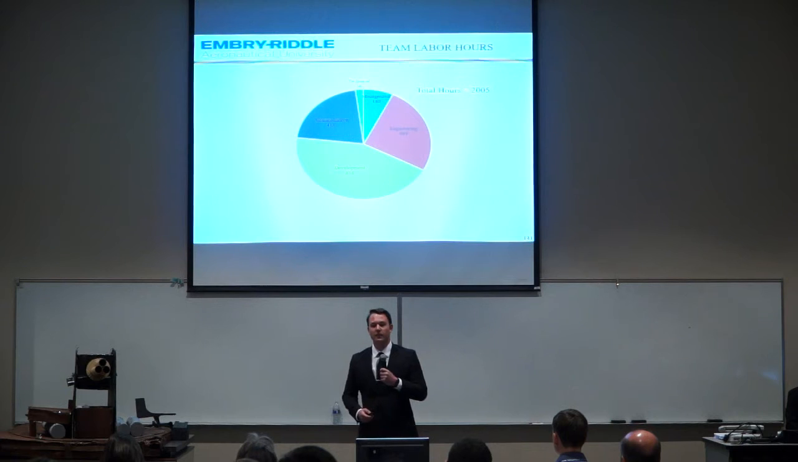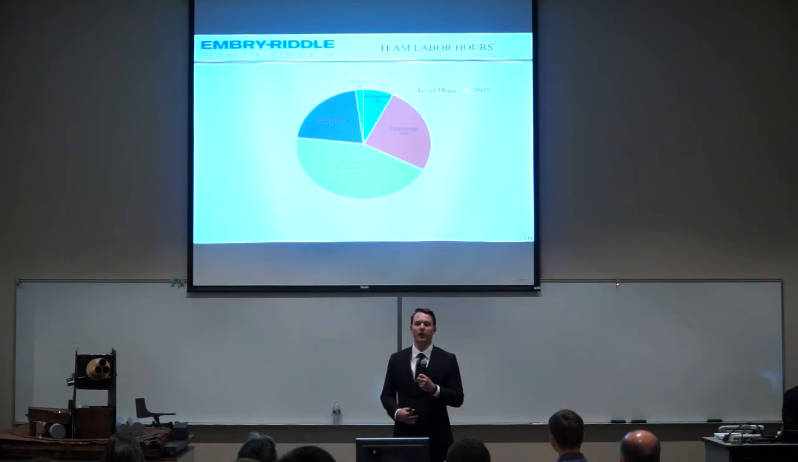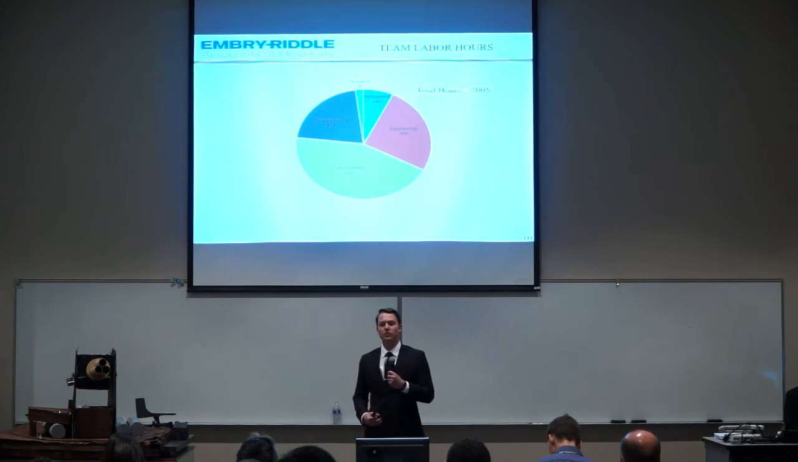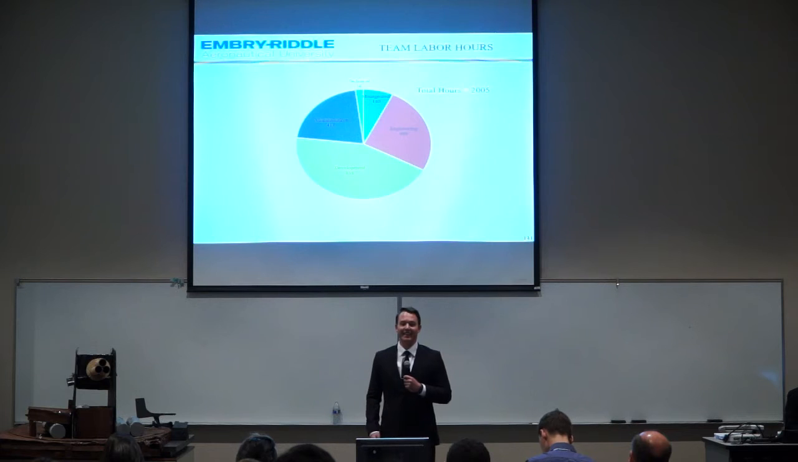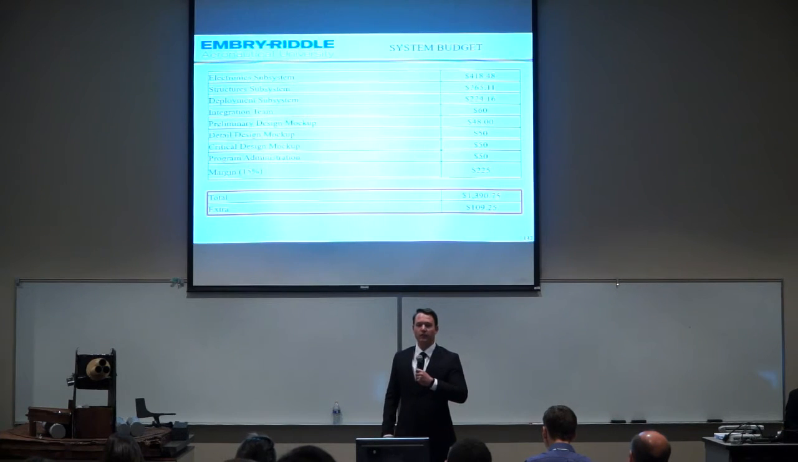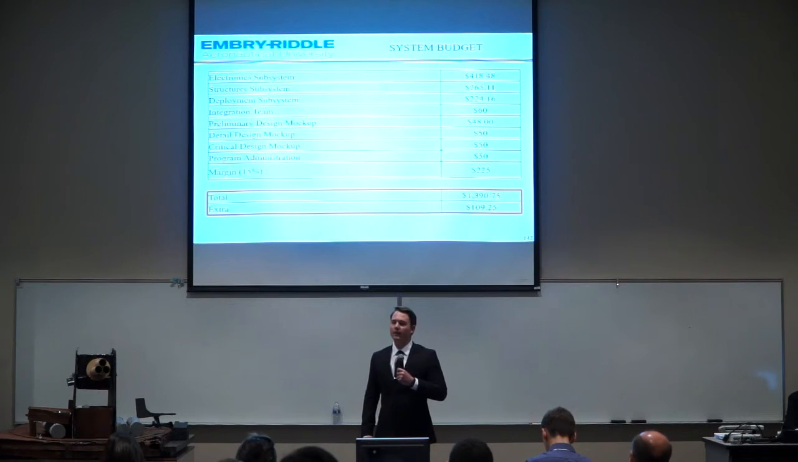Now, here's a breakout of our team labor hours being broken up into administrative, technical, management, engineering, and development with a total hours of 2005. Excuse me. Now, here's our system budget. We were allotted $1,500 by the College of Engineering. With our current design, we are coming in at $1,390.75,